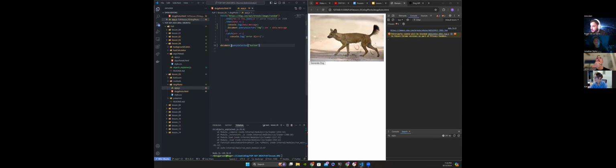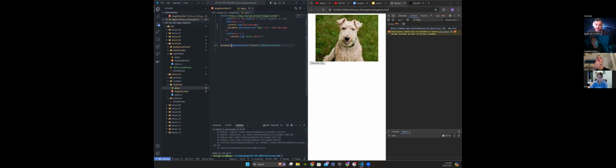Right. Now this button, we need to manipulate that button. So we'd have to do document dot query selector. Let's grab the button. And then we're gonna do dot add event listener because we want to do something every time we press that button. Right. And the event listener is gonna be clicking. And now here, we're gonna create a function that every time I click this button, it's gonna send that API request. So we can make the function in here,